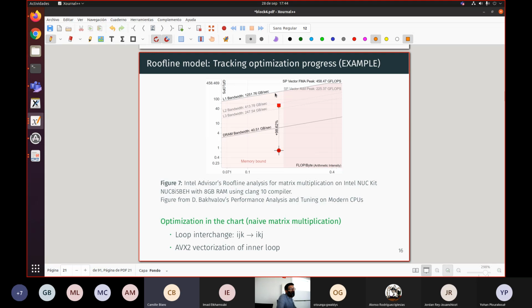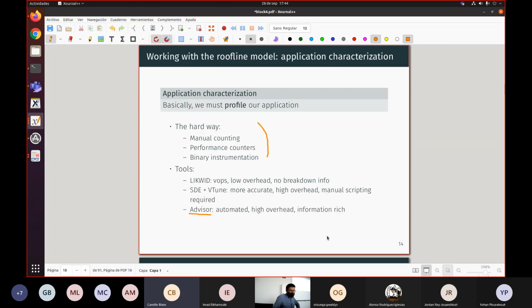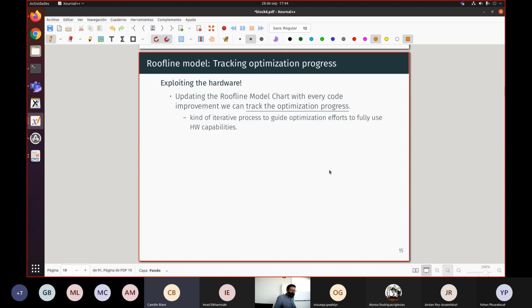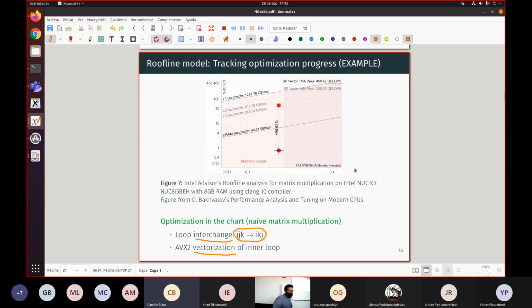This is a real example of matrix multiplication. So here we are performing a real improvement with matrix multiplication just by interchanging these loops. If you remember, this was an example we worked on last week. Just changing these loops and applying vectorization to the inner loop, something like this, vectorizing this loop here. That means we are performing this, instead of individual scalar floats, for groups of 8 floats, using in this case FMA vector instructions. We can have this improvement that is actually a very good improvement